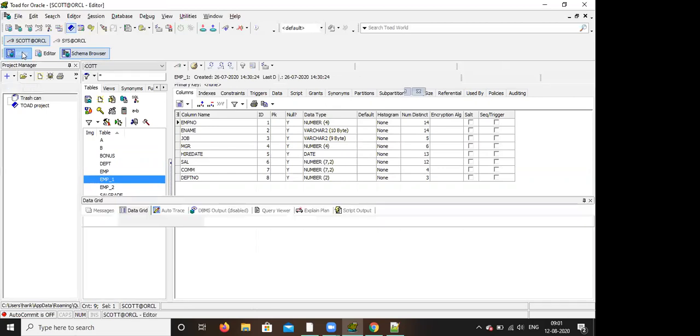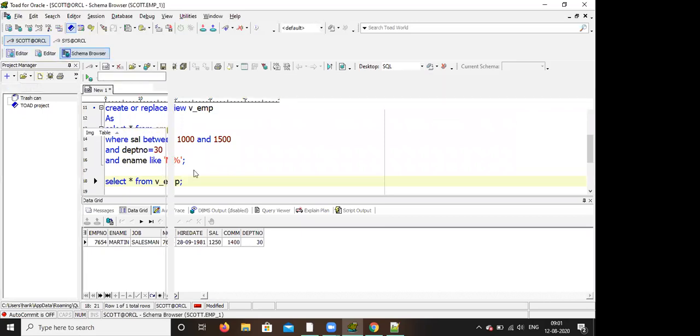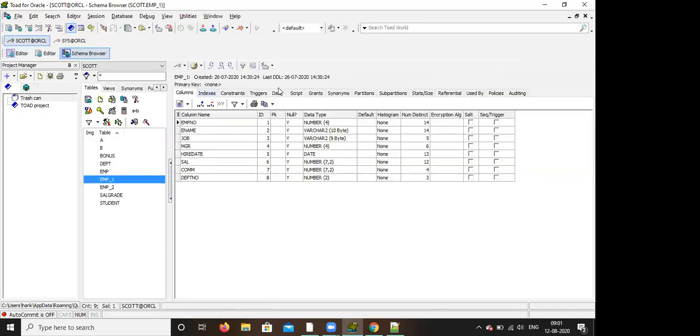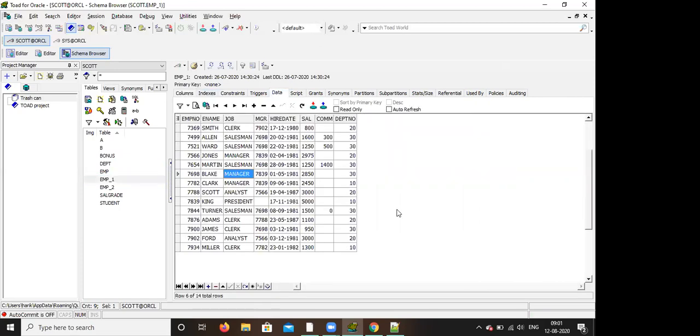Go to data, right side. Okay, so we'll use EMP_1 then. Now go to your editor.